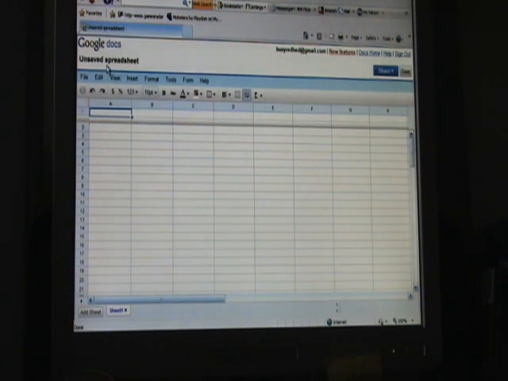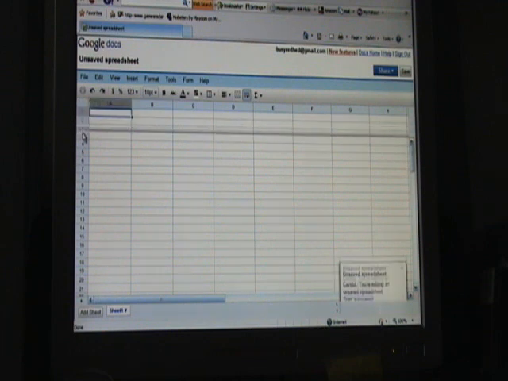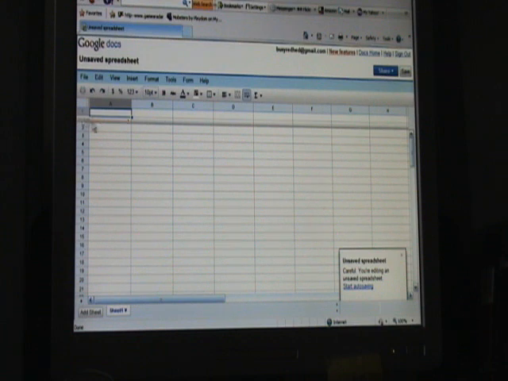It says it's unsaved. First thing I'm going to do, see that line there? If I want to put row 2 above it, I'm going to grab it and move that down, and I'll have 2 rows above it, but basically I'm going to bring it back up. I just want 1 row above it. And what I'm going to do first is I'm going to put in